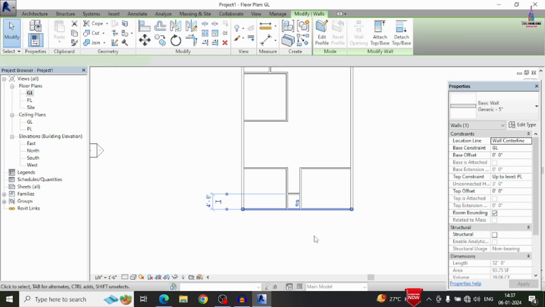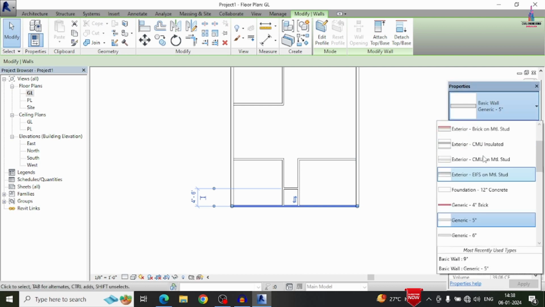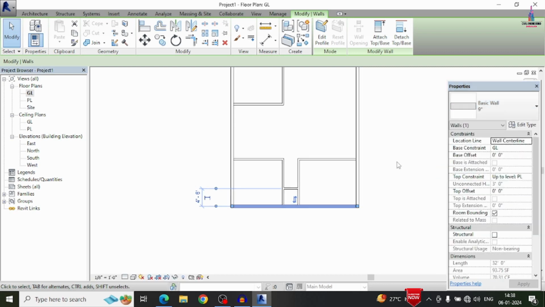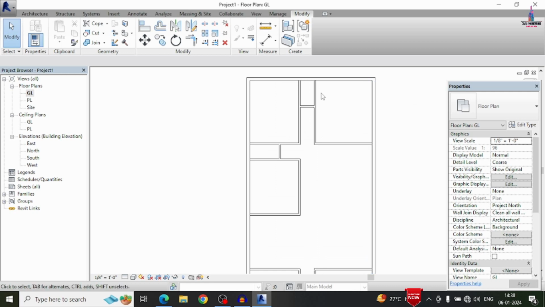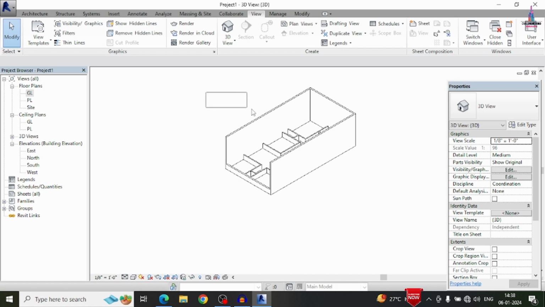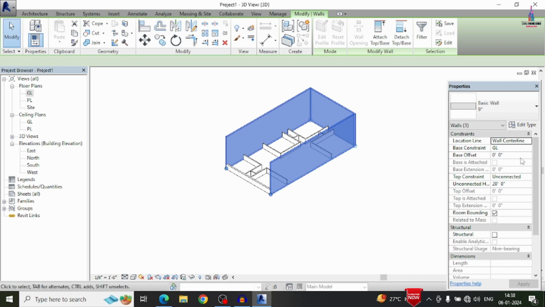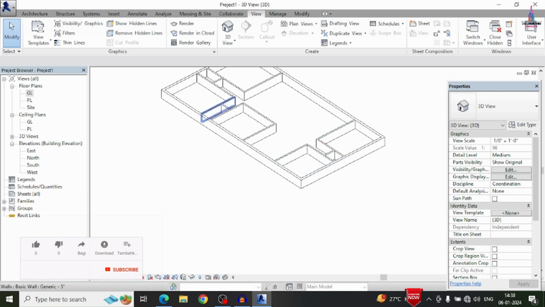Now we will change the property of the external wall, which has a 9 inch thickness. We will modify it by selecting this particular 9 inch wall. Next I'm selecting here. Now we can see it consists of all the components like this. So now we will see this model in rendering view. Click on the view option, click on the 3D rendering view option. Now we can see all the wall sections here. Firstly we will select the external wall sections. We will attach those external wall sections to the PL level. Okay, so here it consists of all the components like this.